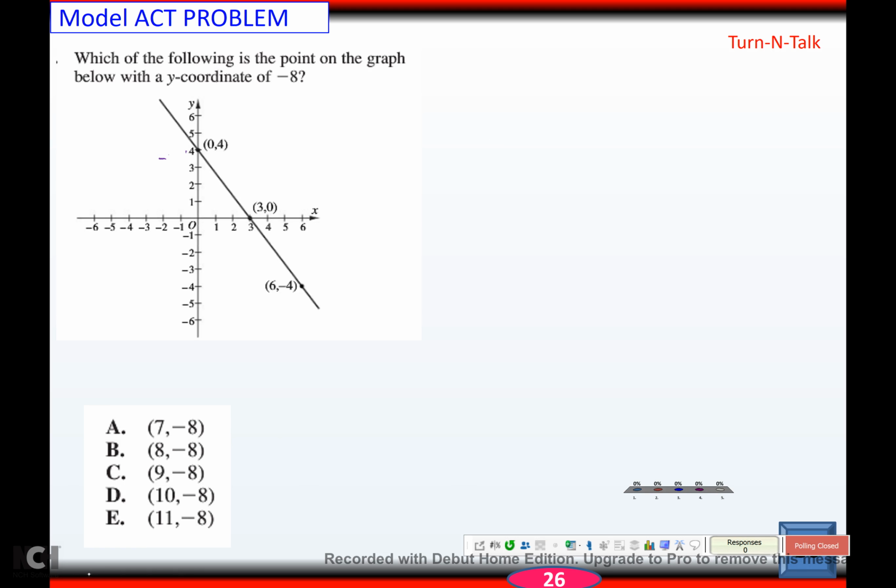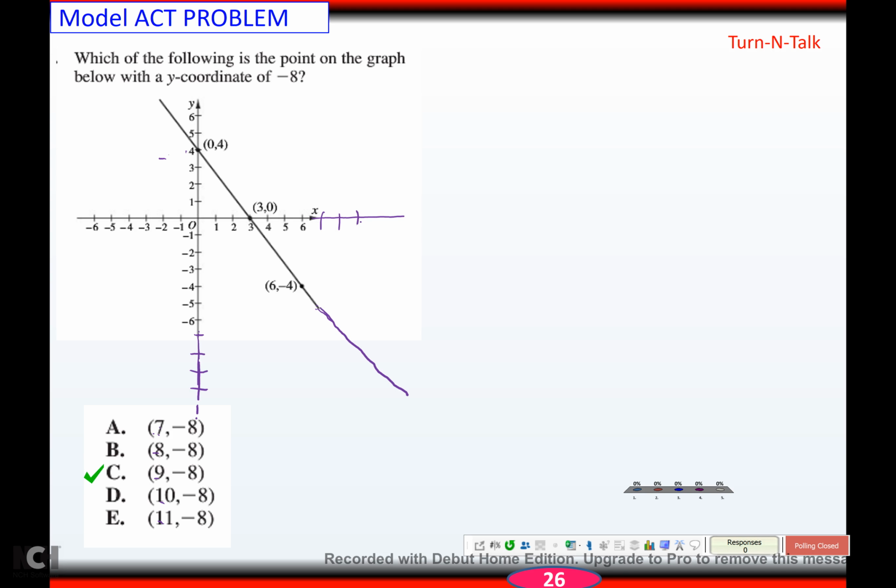And hopefully you got C. It says, which of the following is the point on the graph below with a y coordinate of -8? Well, you could try and guesstimate it, but see the answers, how close they are? And that's really hard as far as drawing things out because we're not a computer. So unless we're real careful, and I'm adding my own, trying to get them the exact same distance apart,